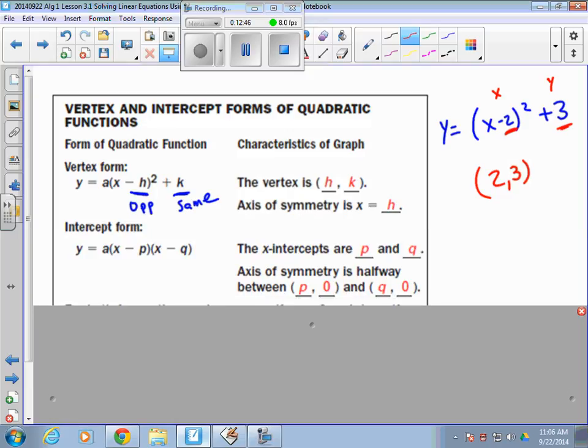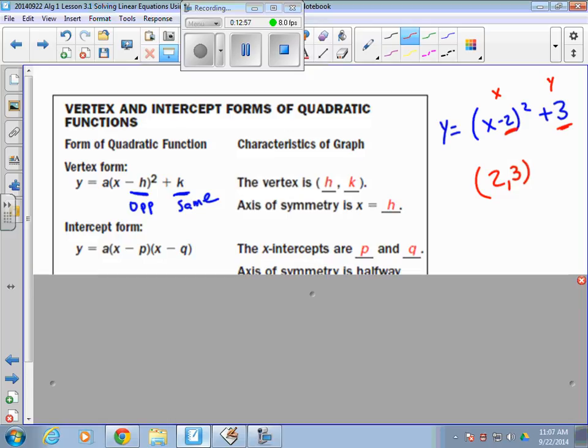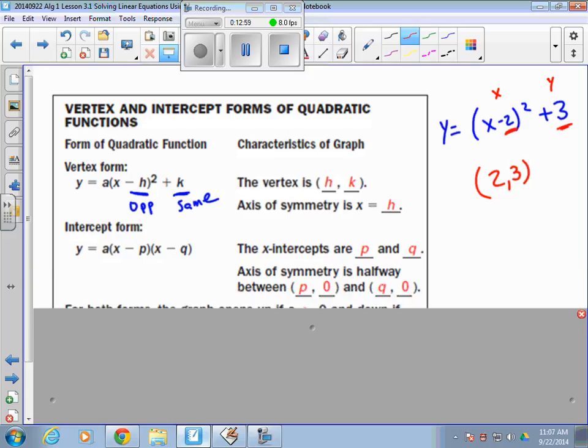The intercept form is y = a(x - p)(x - q). The x-intercepts are p and q. The axis of symmetry is halfway between those two. Okay, so what it's saying is when you're looking at a graph of a parabola that looks like this,